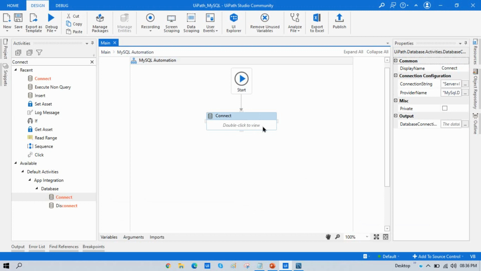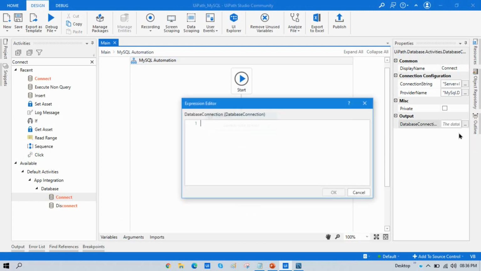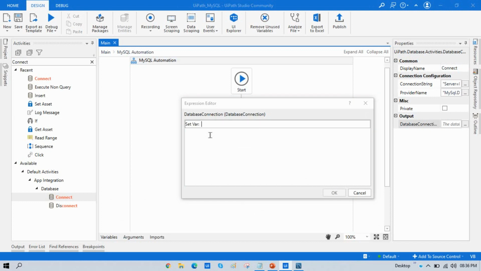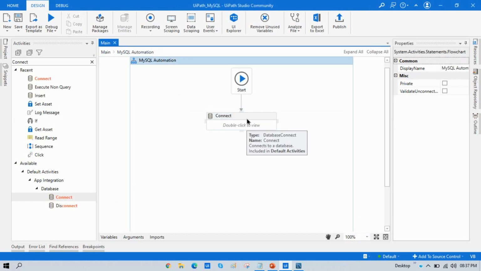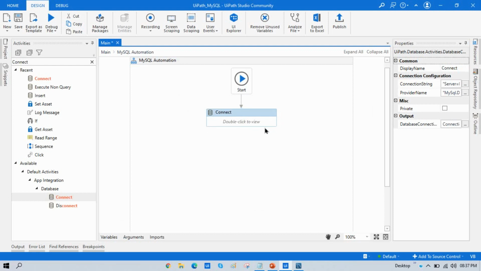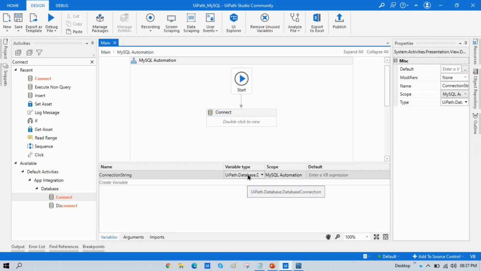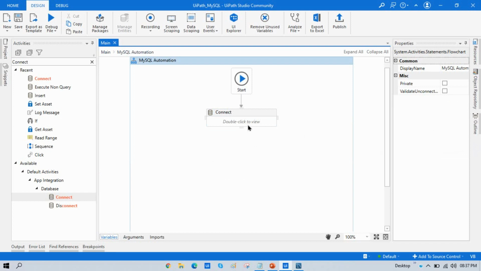So in this way you can connect UiPath with MySQL, and then you can just create one variable with Control K and name it connection string. What will happen is, now we have already established a connection between UiPath and MySQL, and we have stored this complete connection string information in this database connection string variable. You can see this is the database connection, and then next time whenever you are going to write a query, you just have to use the existing connection.